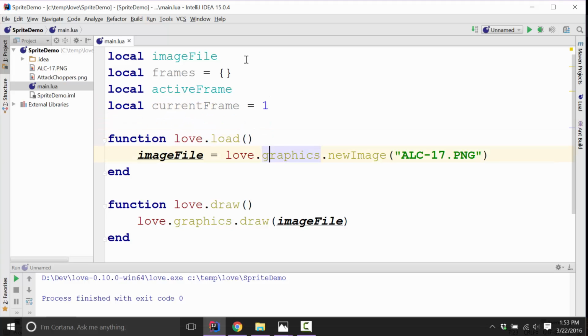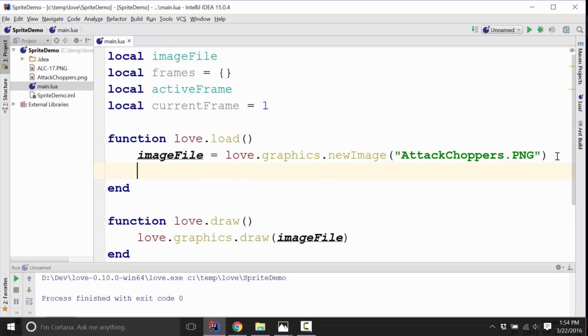So now in our load, after we load, oh, and that's actually a different file. All right, so we've loaded our new graphic like so. Now what we want to do is grab each particular frame. So like I said, I'm only going to grab 4 of the frames. So let's do this. So frames. So we're using our table like an array. That is, we're indexing it with an integer in order, 1, 2, 3, 4, etc. So frames at 1 equals, and then